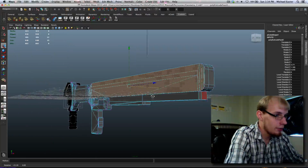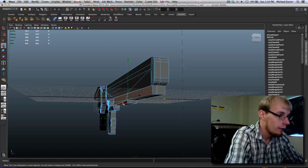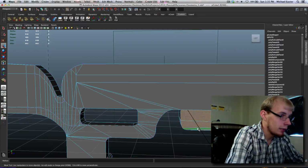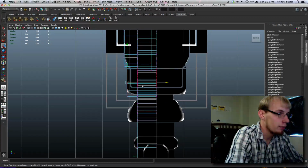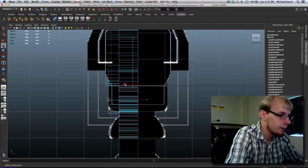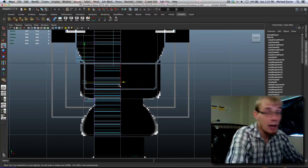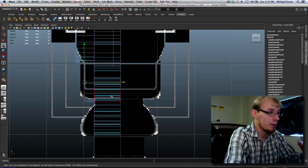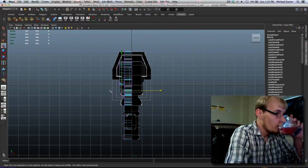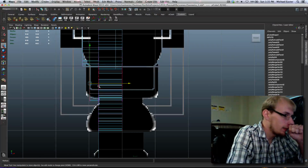Now looking at this in 3D, I'm thinking that I want to pull these in a little bit more. And that's a decision that I can make. I'm going to go against my pre-visualization art. This was the last one that I did. It wasn't the best one. I'm going to actually pull it into here, which looks like I've got this line in here. I'm not sure. I made this artwork a while ago, at least a couple months ago, so forgive me if I don't remember exactly everything in my artwork. These lines are for extending that. And this line here